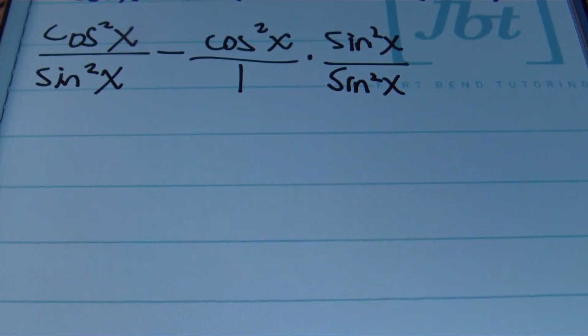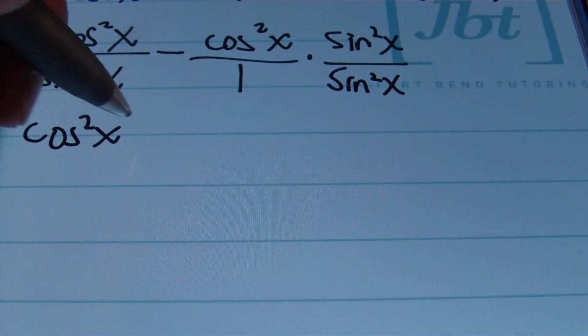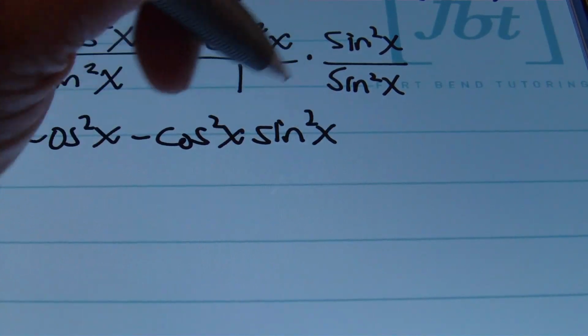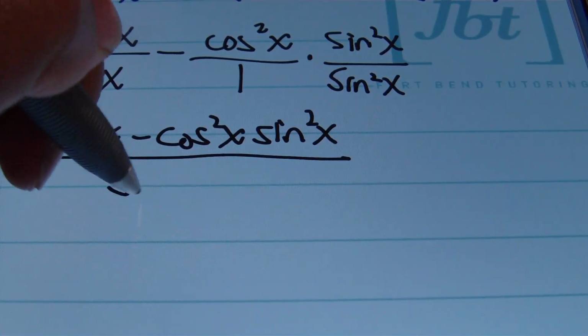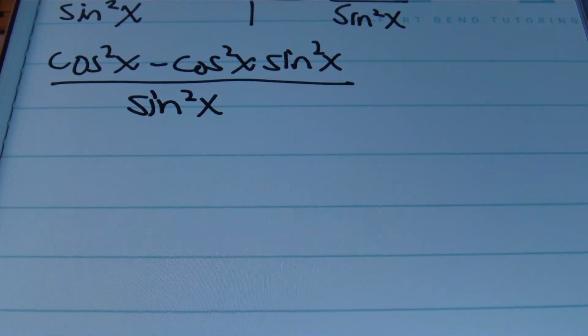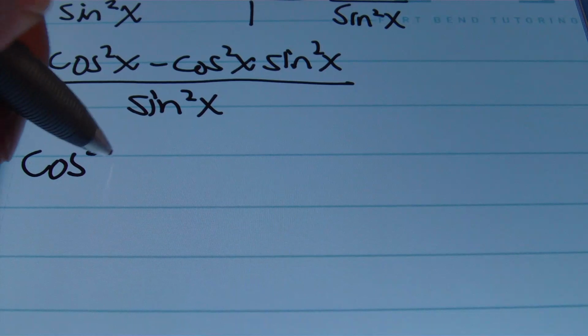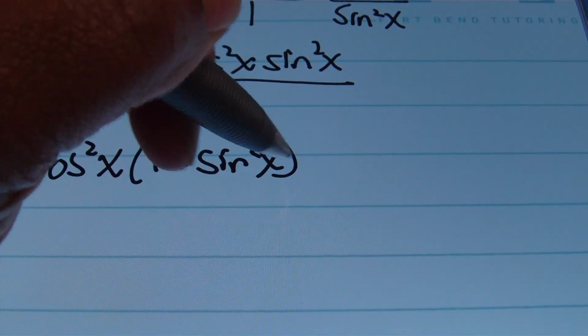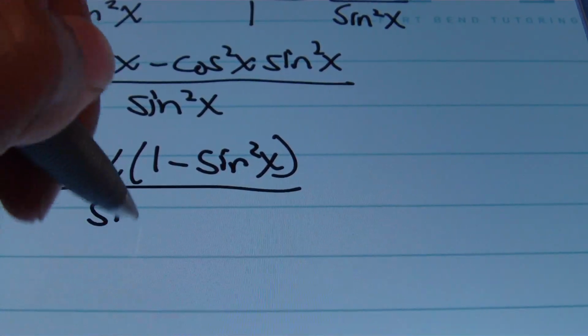All right, once you multiply that out, you'll end up with a common denominator that will combine to give you cosine squared x minus cosine squared x times sine squared x, and all of this is going to be over sine squared x, just like that. From here, what we'll do is factor out cosine squared x from those two terms in the numerator. So I'm going to factor out my cosine squared x. That's going to leave me with 1 minus sine squared x in the parentheses here, which is over sine squared